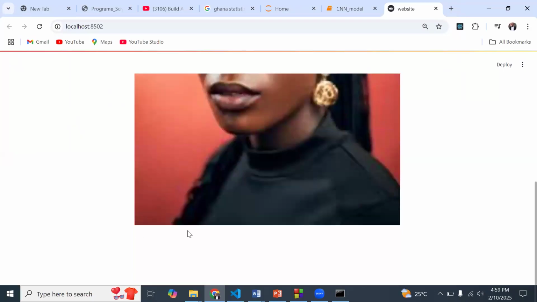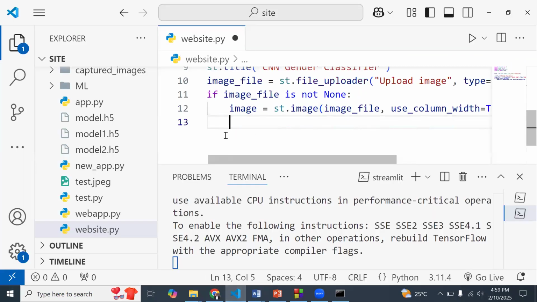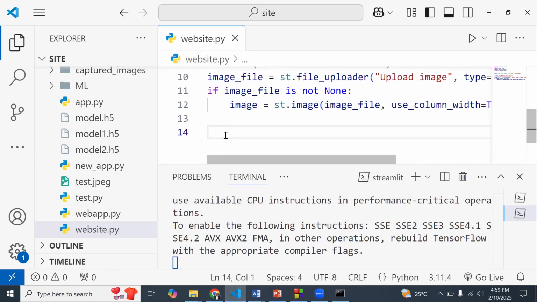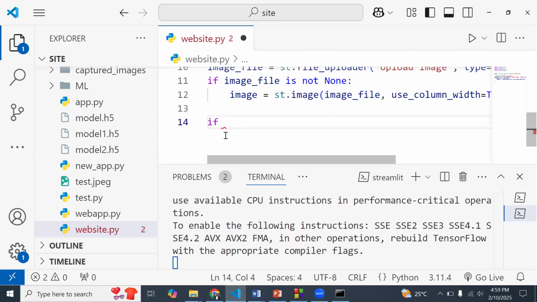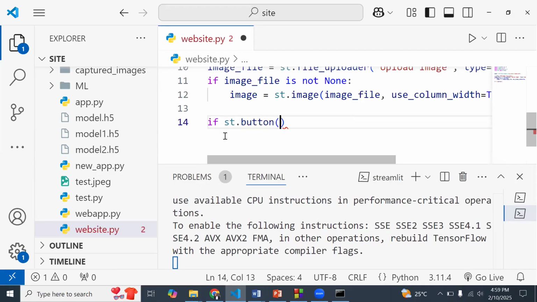So the next thing for us to do is to have that predict button over here, and then when we click the predict button, this is what we want to do basically. So let me quickly do that over here, and I'm going to say something like if st.button, and then we pass the button predict.